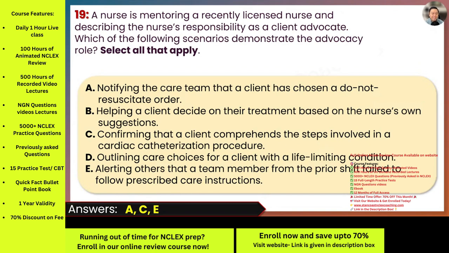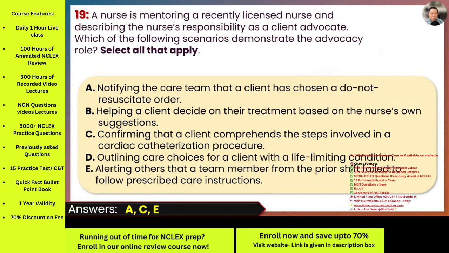Now, what about letter D? Why is this incorrect? Well, it's because discussing and recommending treatments is the healthcare provider's job. It is not the nurse's job. The nurse can offer emotional support, clarify information, and connect the client with the right resources, but they cannot outline medical care plans. So for this question, I want you to